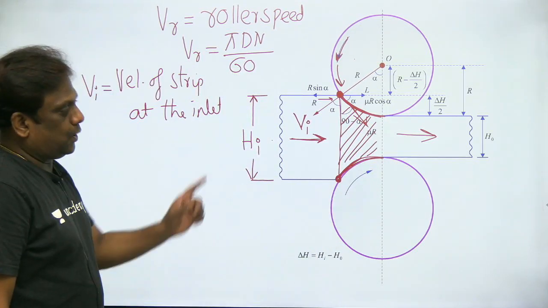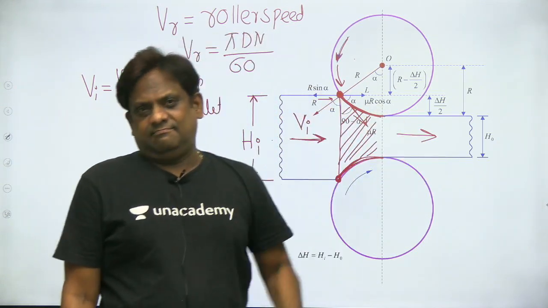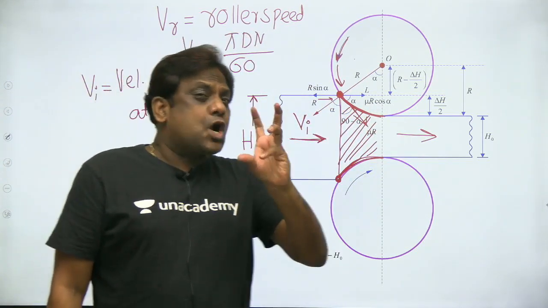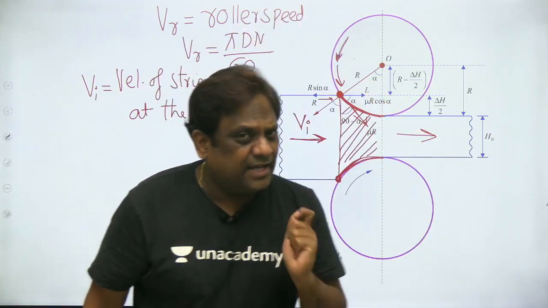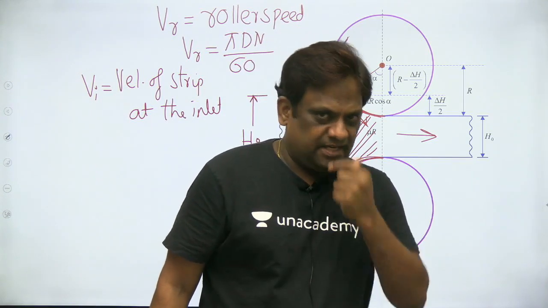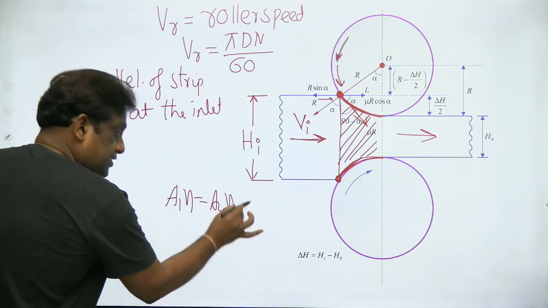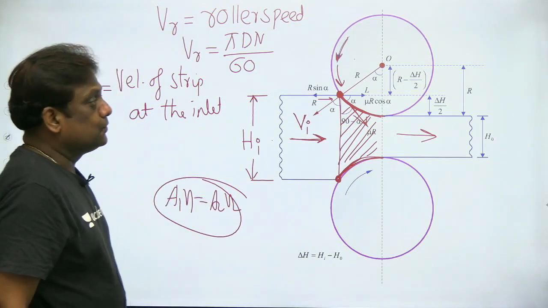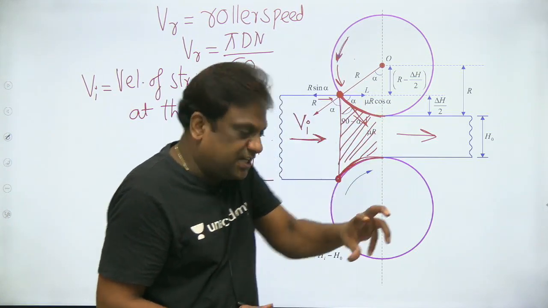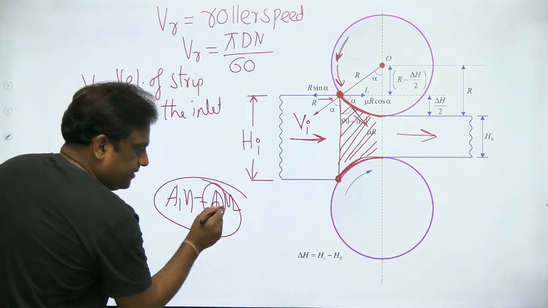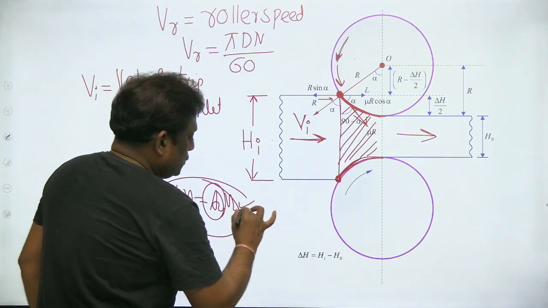This zone is narrowing. Actually, the material is flowing, something like a fluid, and incompressible. I repeat, incompressible. So in fluid mechanics, you'll be studying the mass conservation equation, that is, A1V1 is equal to A2V2. This is for incompressible flow. So here also, as it is converging, the area is decreasing. When the area is decreasing, to keep volume conservation, the velocity should increase.